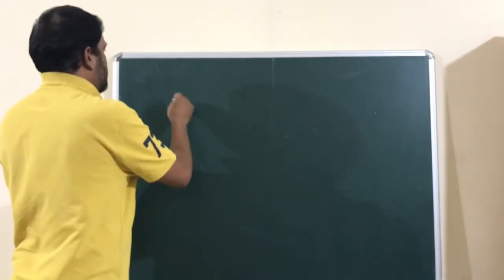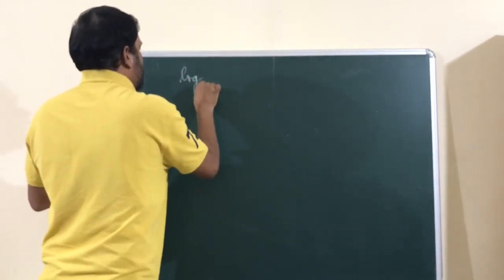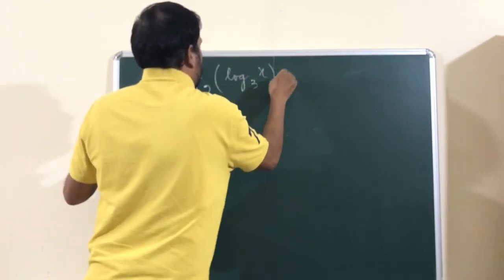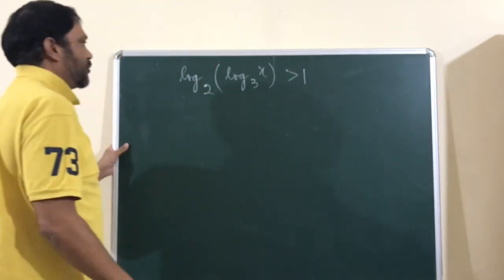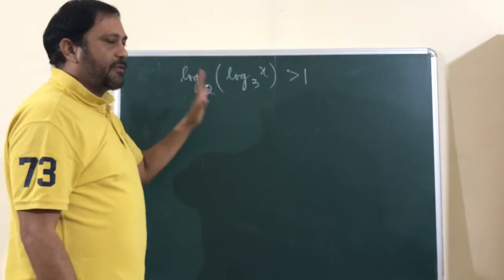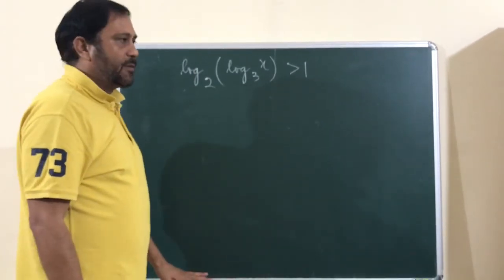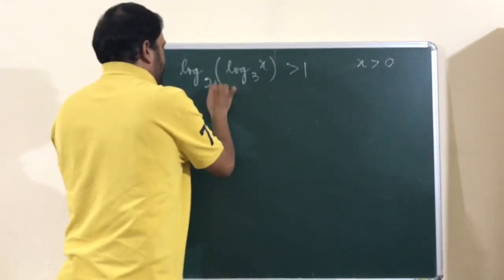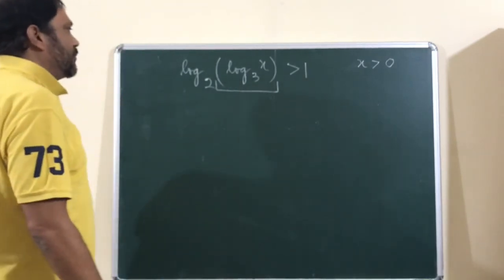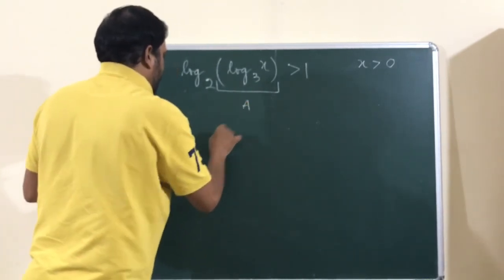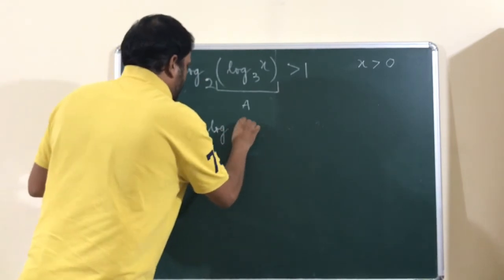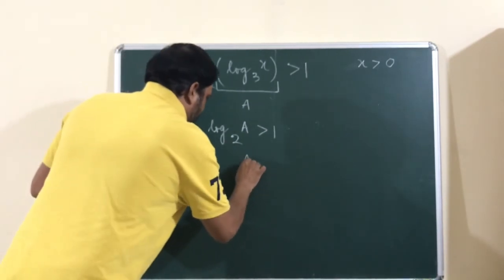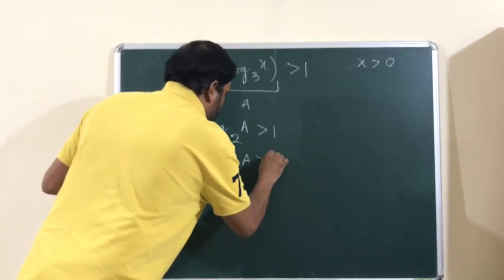One more problem we take. Let's say you're asked that log base 2 of log of x base 3 is greater than 1. Let's say this is what you are asking. First of all, anywhere within the log you find, just make sure that you write the positive numbers there. So the very first thing, you'll write that x has to be greater than 0. Now for a while, I'll consider this number as a. For simplicity I'm writing this, you can straight away go with that. Log of a base 2 has to be greater than 1. So a is greater than 2 raised to the power 1, which is 2.